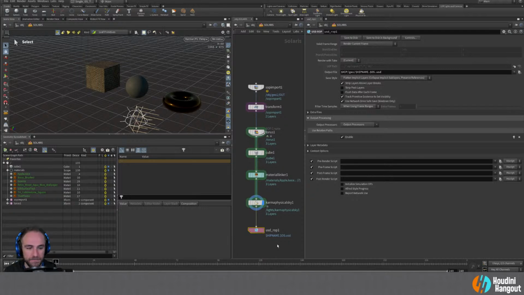However, a component is not a scene. So if you're saving out a scene using this USD ROP, it should save everything out with relative pathing. So that's the way that I would say to work with it. But if you run into something, feel free to reach out to me and I'll take a look at that and see if I can clarify the workflow for that, because certainly USD is not